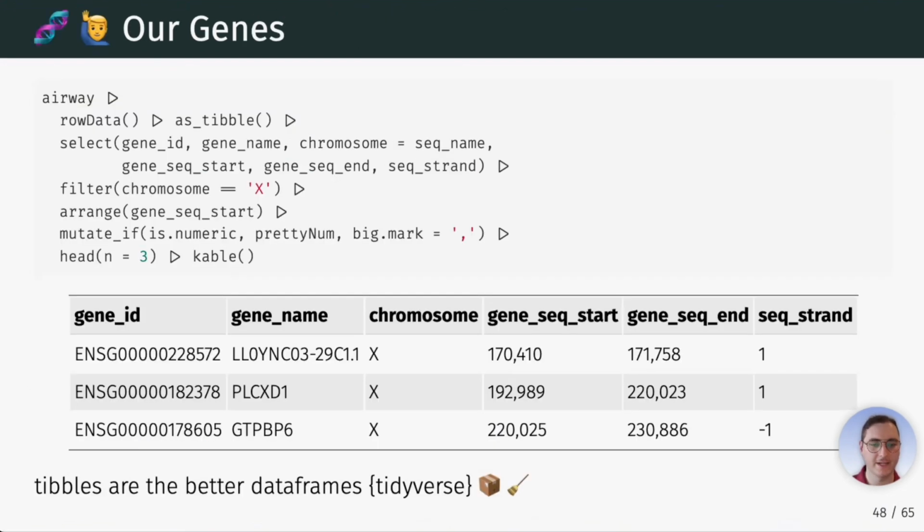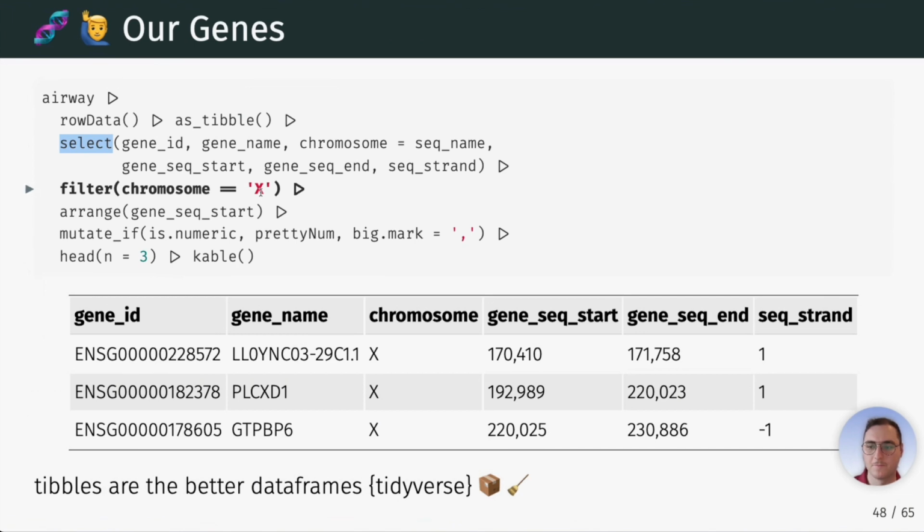Where there is a column data, there should also be a row data. And yes, we do have that. That gives us the different genes and their positions and their names. So if I have the array, I would like to look at the row data, convert it to a tibble again. I will get a fairly large table of lots of columns. And if we select a subset of these columns to just look at the identifier name, the start and end position,